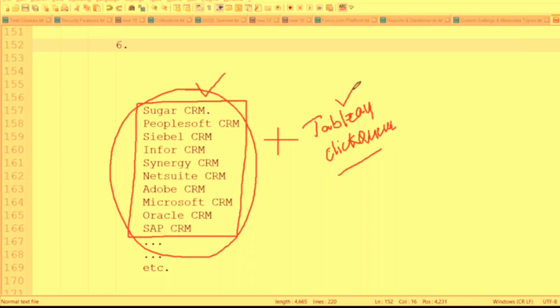It will increase the investment, right? Yes. We have to buy the license of the CRM. We have to buy the license of this reporting tool also. It's a double investment here. We have to invest